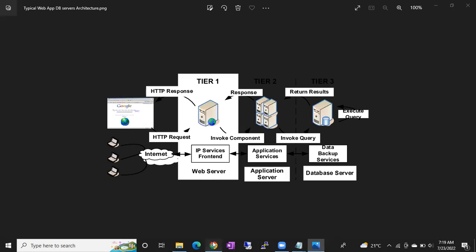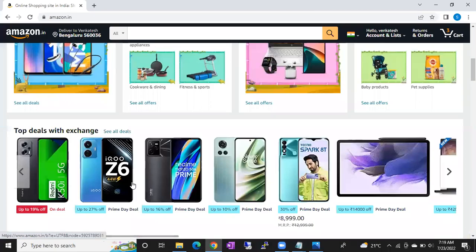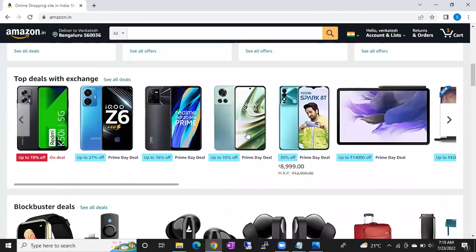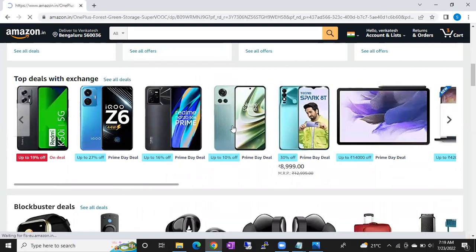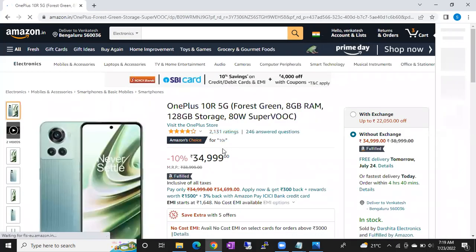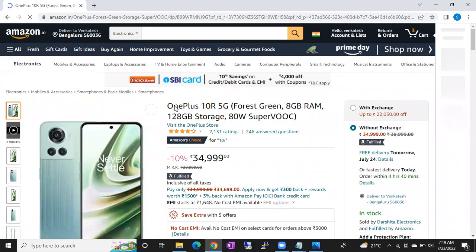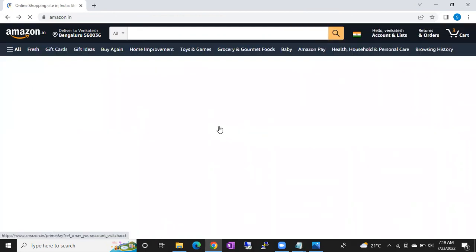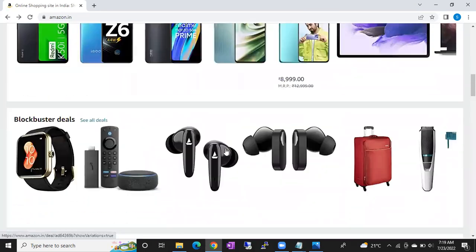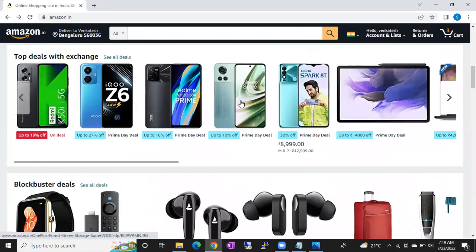Once you click on any of these products, say for example I want to buy this product, the OnePlus 10R phone. When I click on this link, I am able to get that particular product, guys.